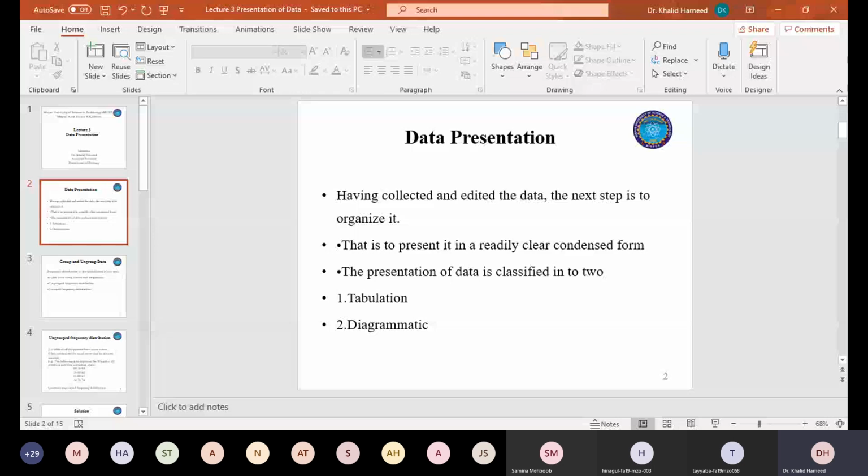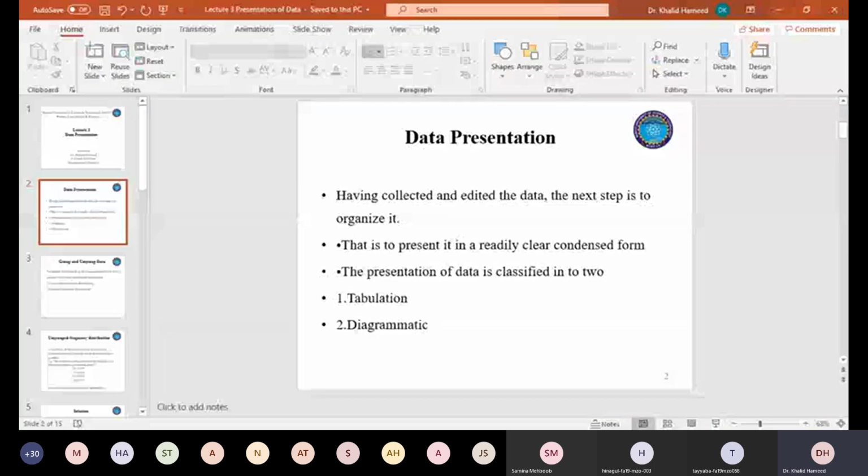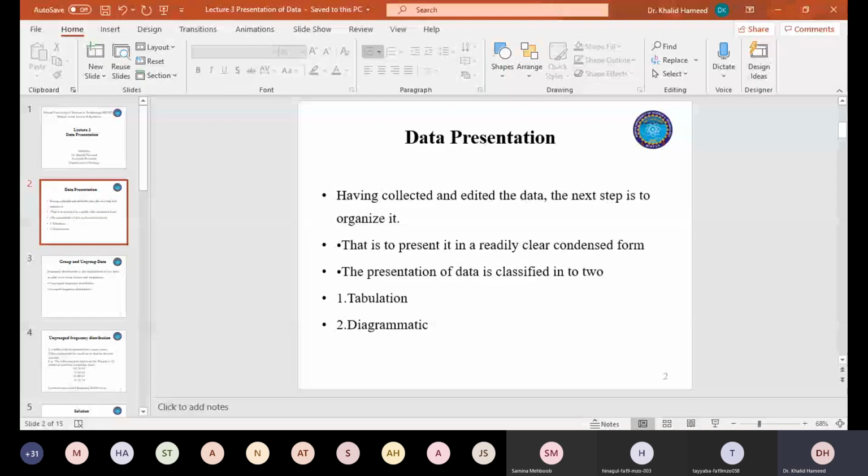And today we're going to discuss how to present your data set, because whether you use a highly sophisticated instrument or you have just conducted a survey, at the end of your research, what you are going to get is only the data. So statistics is a branch that deals with the collection of data, and then the organization of data, and then presentation of data, and then analysis of data and interpretation.